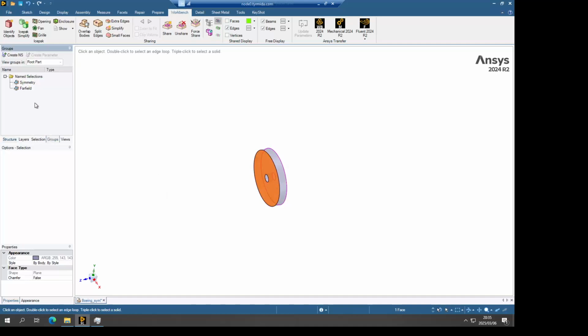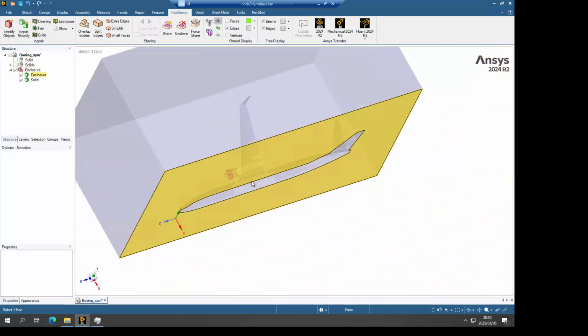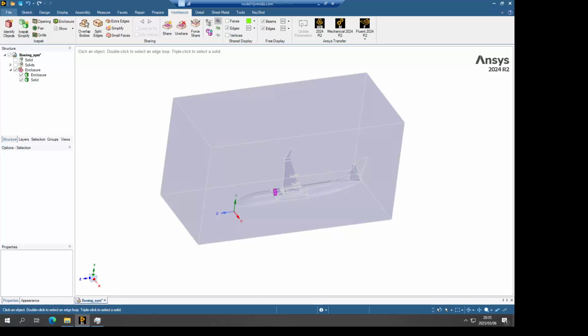So we're going to call this interior in, and then interior out. Okay, and that's the geometry that we need to use. Now we can save it.